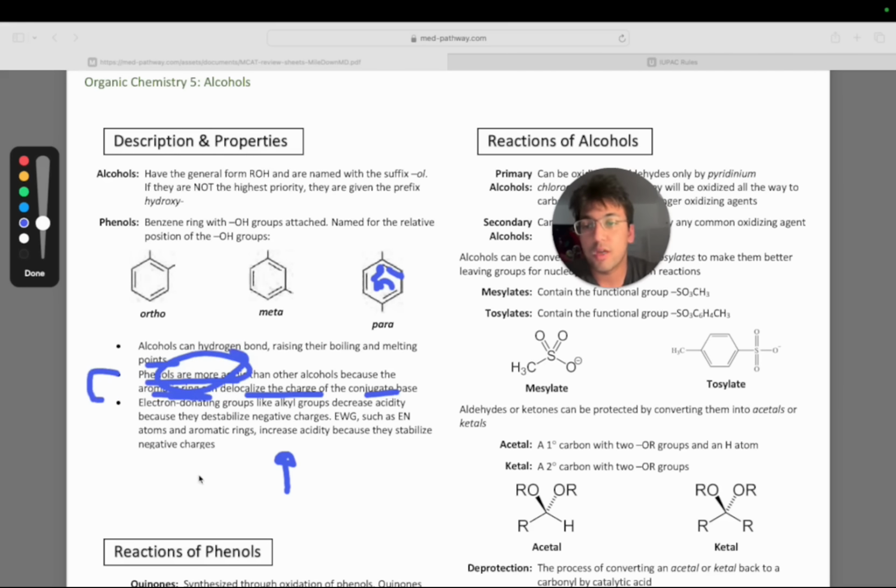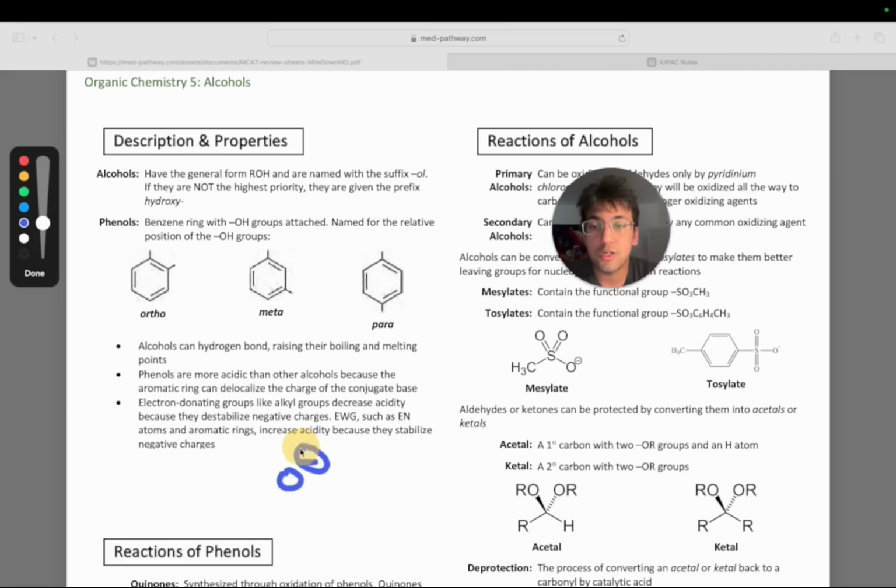So why, if I have this benzo ring attached to an OH group, why is this very acidic? Well, this H+ is going to leave. This O is going to have the negative charge from the bond between the O and the H. And now we have an O that has a negative charge. Is that negative charge going to be well stabilized? Yes or no? It's going to be actually very well stabilized, because this negative charge is existing within a benzo